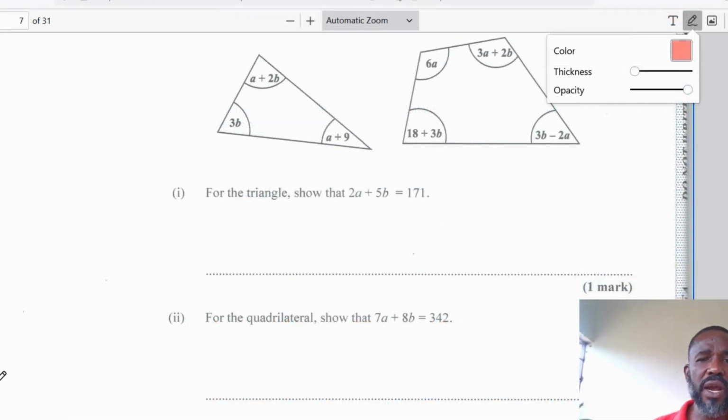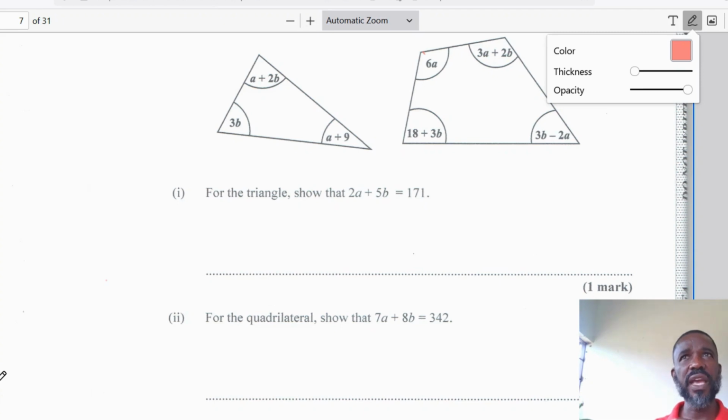We are now to show for the quadrilateral. Show that 7A plus 8B is equal to 342. Again, we want to apply the concept of internal angles. Now, the internal angles of a quadrilateral is equal to 360 degrees. Now, one of the ways that you can find the sum of the